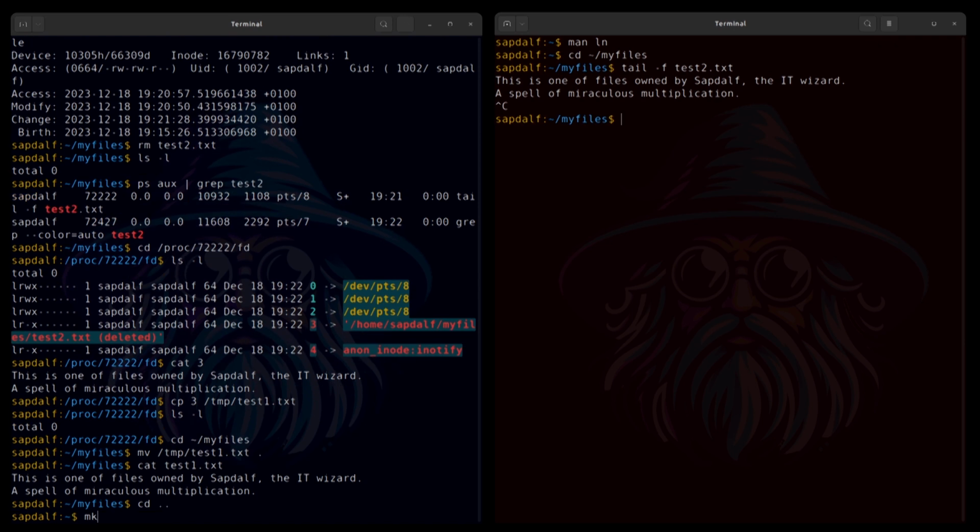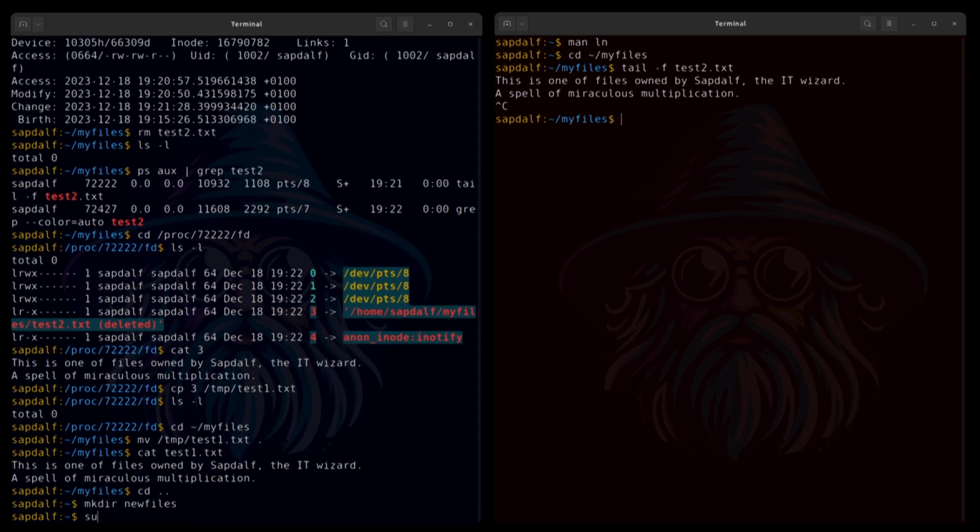Now you're probably convinced that by stat and the number of links you can verify that this is the only copy of the file. Is that so? Let me show you one more trick. I'm doing a virtual mount of one folder into another with mount bind command.